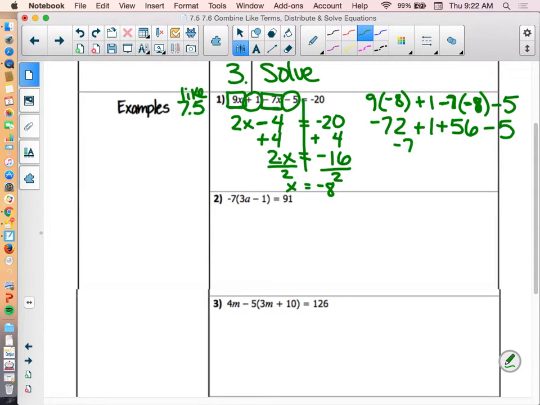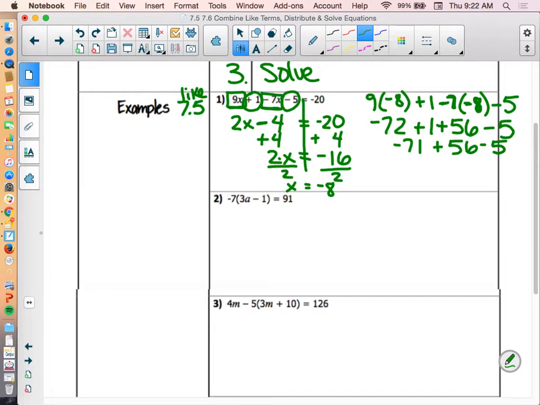So negative 71 plus 56 minus 5. I'm going from left to right. Don't start putting other things together just because this 56 minus 5 is easy. Don't do that. Negative 71 plus 56